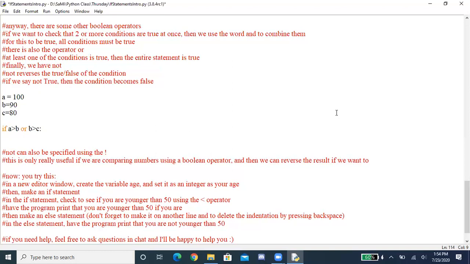Can I repeat the past few things? Yeah, so if we put AND in here, we can combine two Booleans by saying AND. So what AND does is,